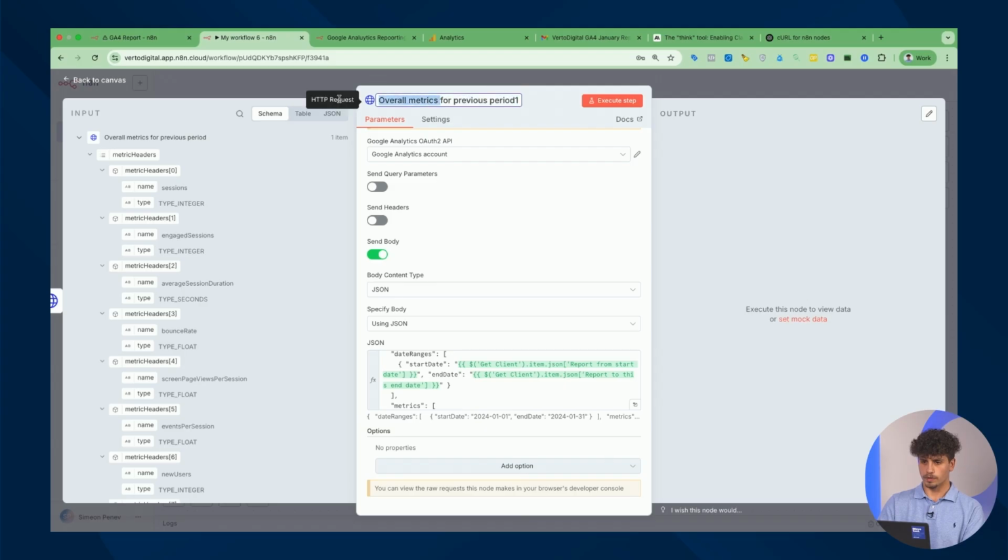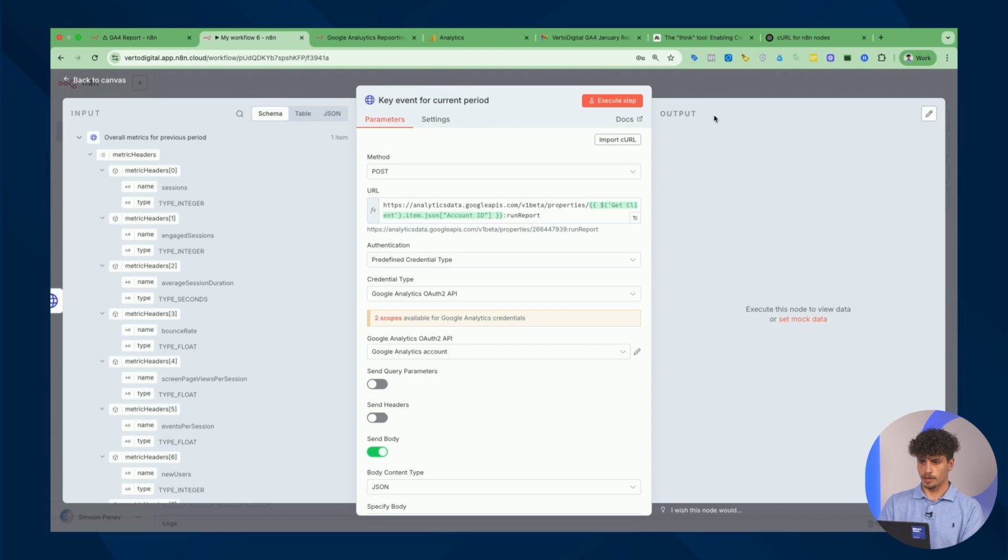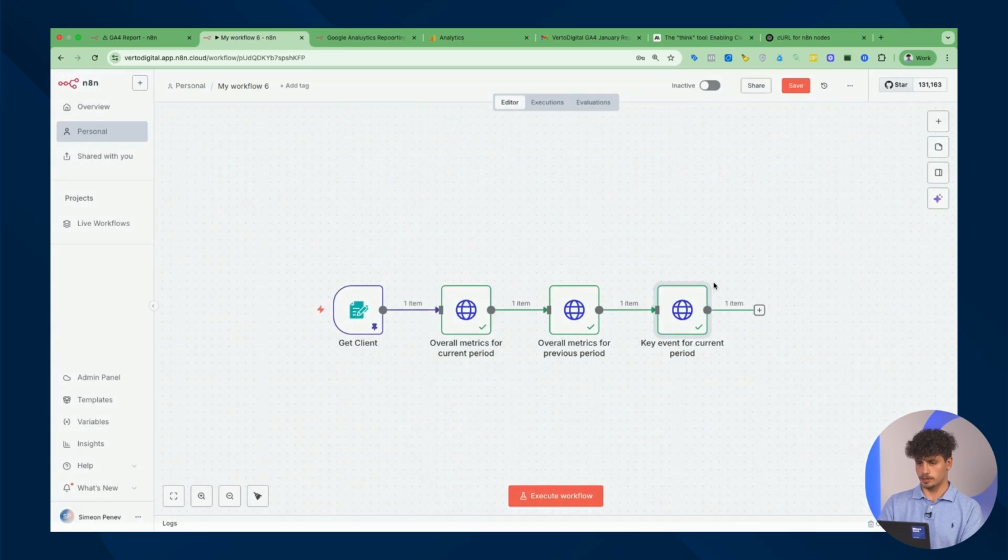And here is not overall metric, but it's form submit for current period, or let's say key event. We have this executed,